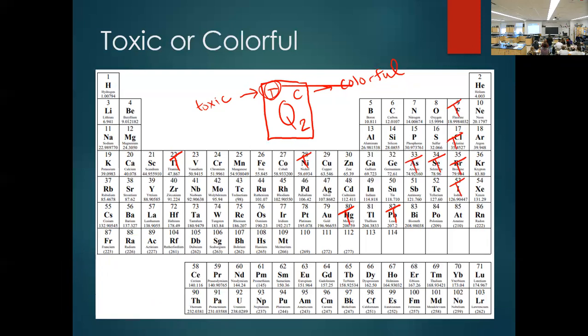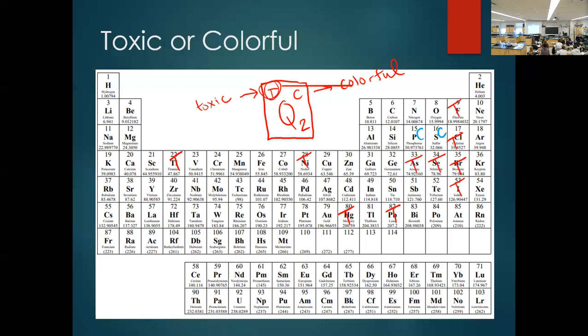So when I say something's colorful, I mean that it's not silver or gray. So with that, would I put a C for color with the iron? No, because it's kind of gray. What about the sulfur? Yeah. So we're going to put a C for sulfur. We're going to do potassium as well. You guys might not know this, but potassium is,